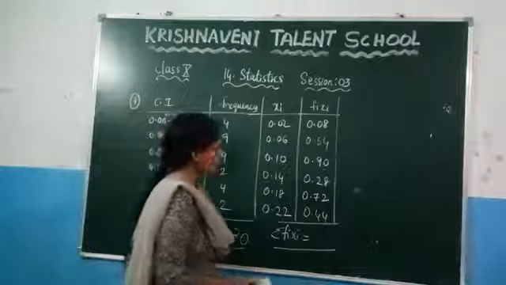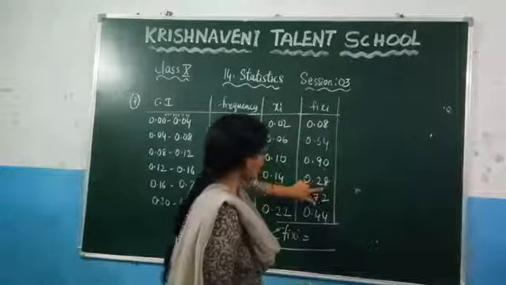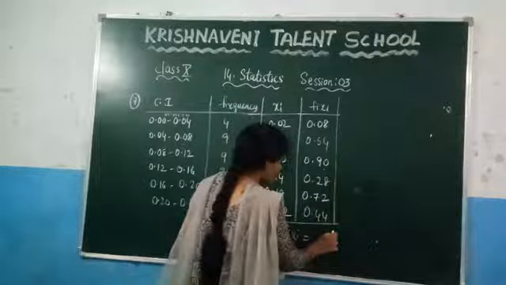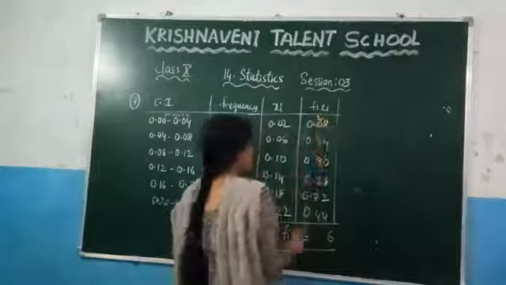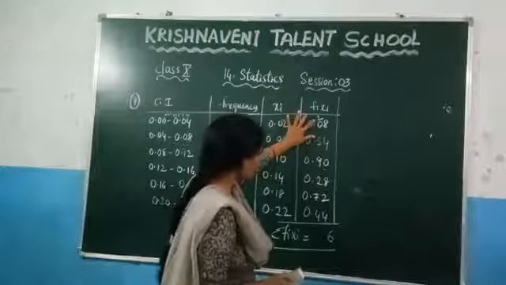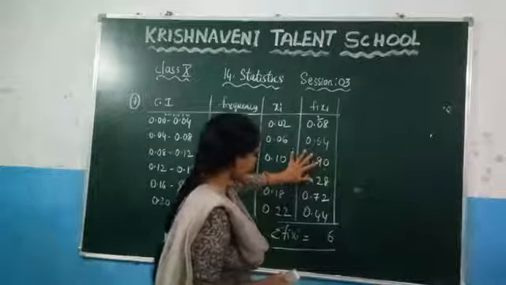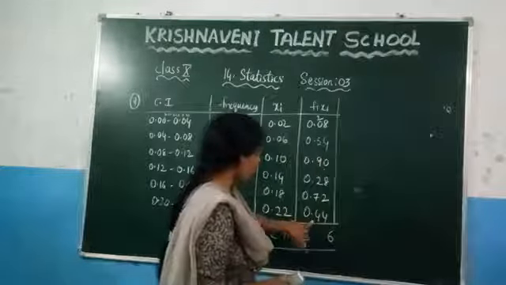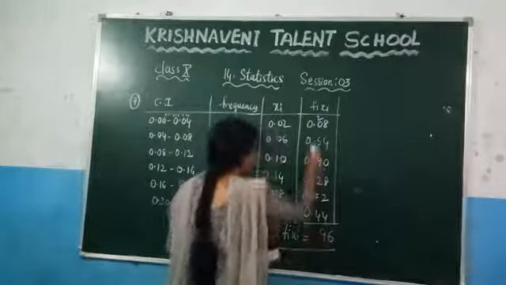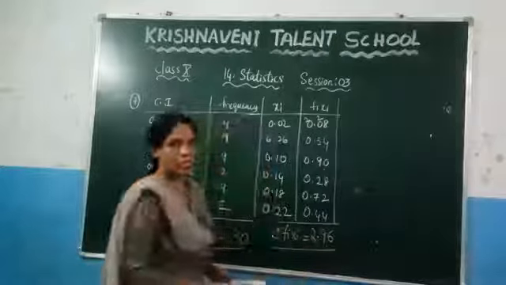Similarly, add it here. What do you get? 8. And 8 plus 8 gives you 16. 16 plus 4, 20, 24 and 26. So you get 6 here and carry 2. After that, 5 plus 2 is 7, and 7 plus 2 gives you 9. 9 plus 9, 18. 18 plus 4, 22, 22 plus 7, 29. So you get 9 here and 2. You know that with the zeros, you will get 2.96.